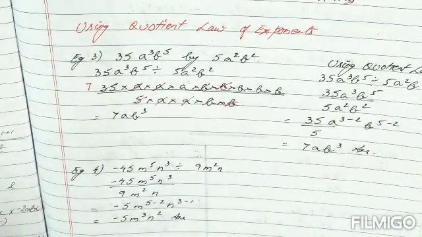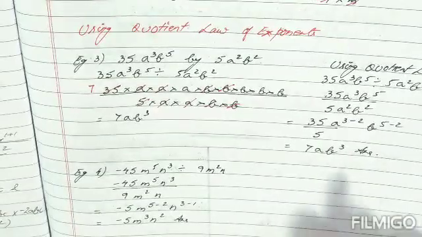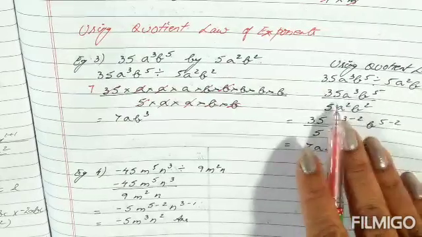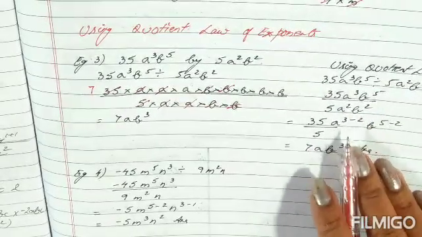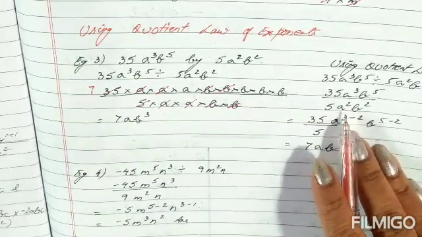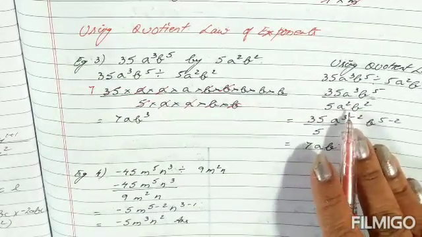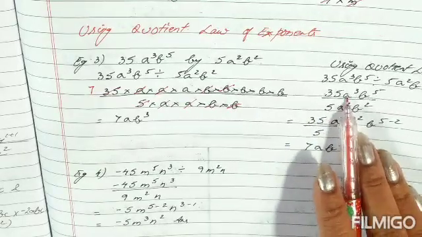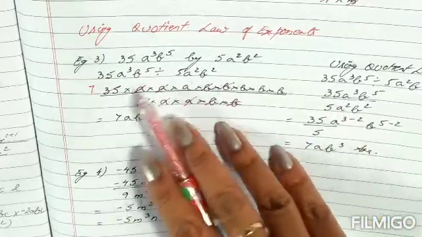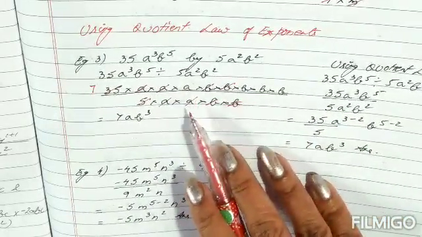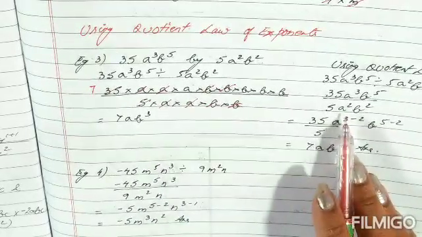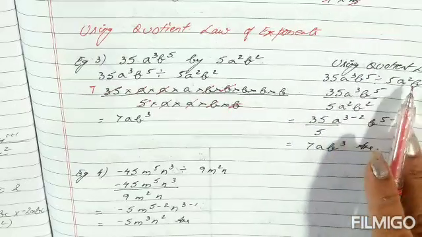Now another method, that is using the quotient law, is here, children. Same question I have taken. We have written them. Now we don't need to expand them. What we need to do is, wherever the power is a bigger number, from that you will subtract the other number of the same base. What I mean is, children, this is a and this is also a. Right now what we did, we cancelled a in the numerator and the denominator. Now in place of expanding and reducing, we can subtract also. That is known as the quotient law.